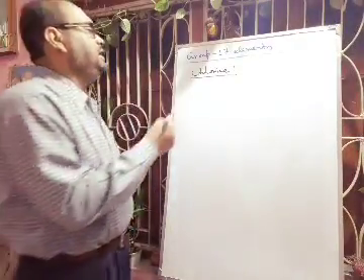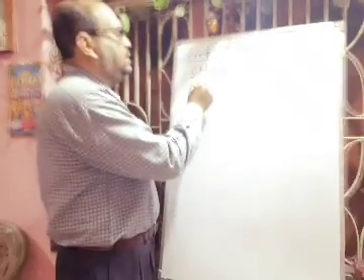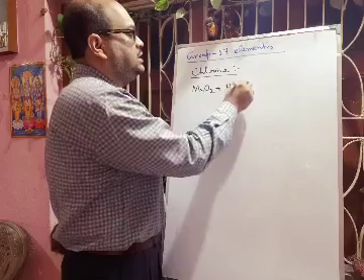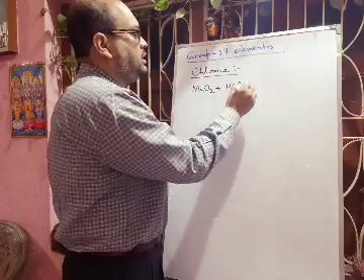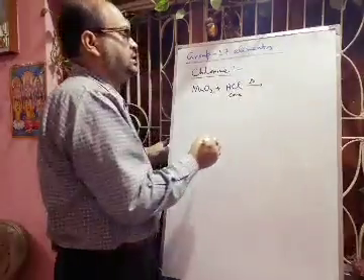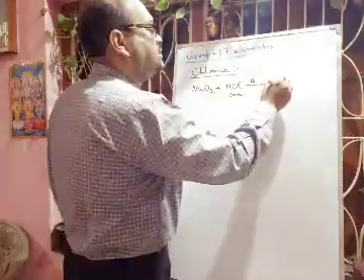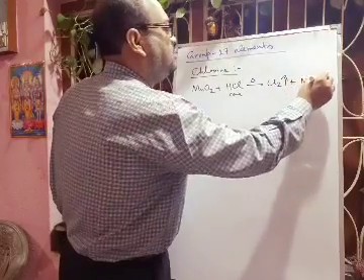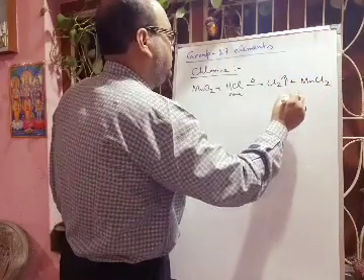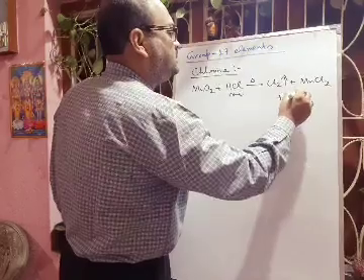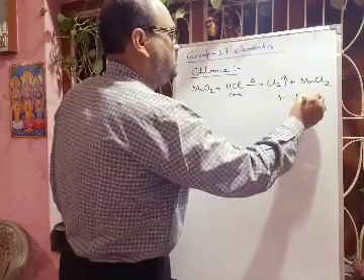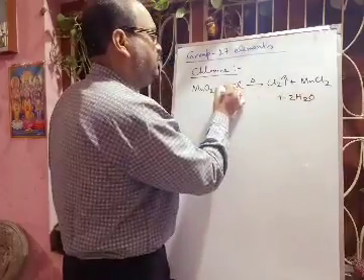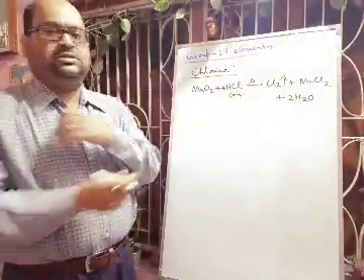So first we are writing, I think already you have done in the laboratory also, that MnO2 is reacting with concentrated HCl. You have to apply heat, then it will form chlorine gas, and there will be formation of MnCl2, manganese chloride, and water. Now here you have to put 2 and here you have to put 4. Now I think it is balanced.